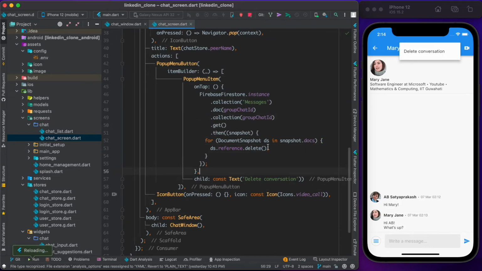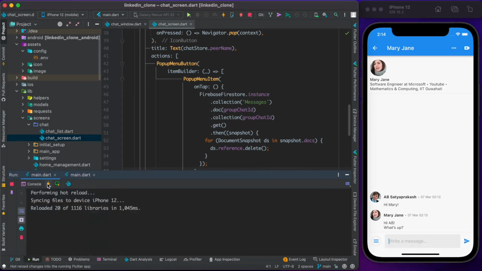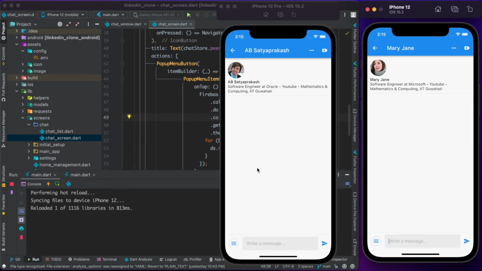All right. So now it's saved, and if I click on delete conversation, it actually, hold on, I have to choose the proper device again. Okay, now it's saved. If I delete conversation, yes, it's deleted from here. Now the interesting thing is it is also deleted from the other device, and this is something which might not be desirable. For example, in Telegram you have this feature, but you might want to delete from one device. In that particular case, you can delete it from your local storage, or just modify the way things are being stored in Firestore, and you'll be able to achieve that goal.